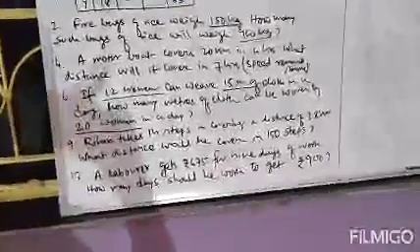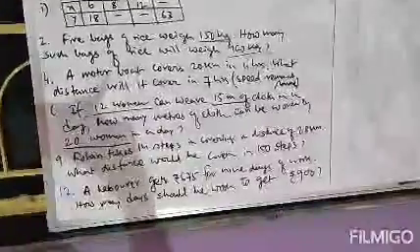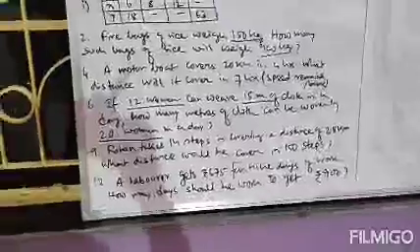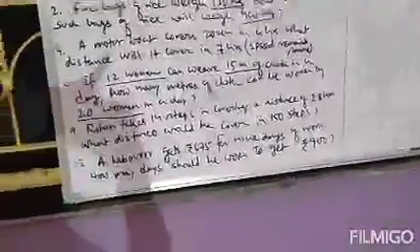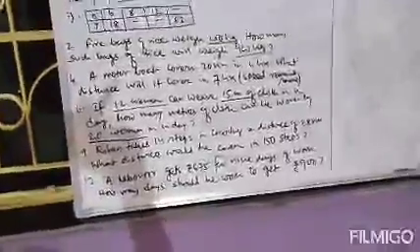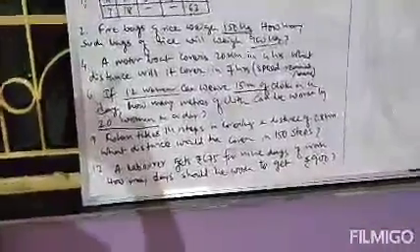That means if he got rupees 675 for 9 days, so to get rupees 900, he will work more number of days, because the amount or wage the laborer receives is increased. That means the number of days will also be increased, because to get increased amount, the laborer needs to work more. That means the two quantities will increase. If the amount increases, the number of days will also increase. Clear? That is in the case of direct variation.